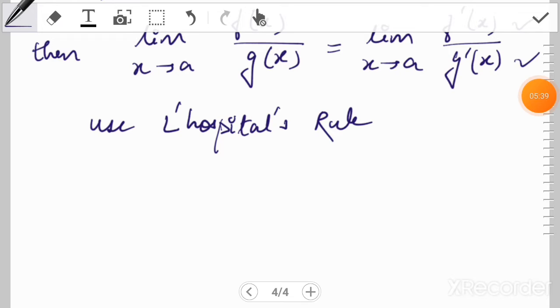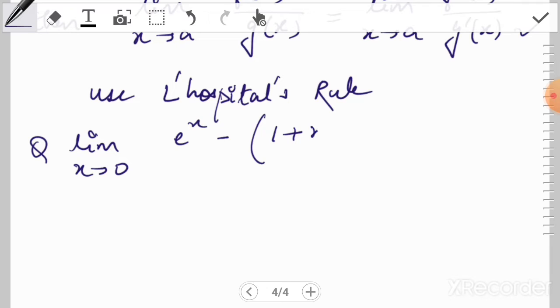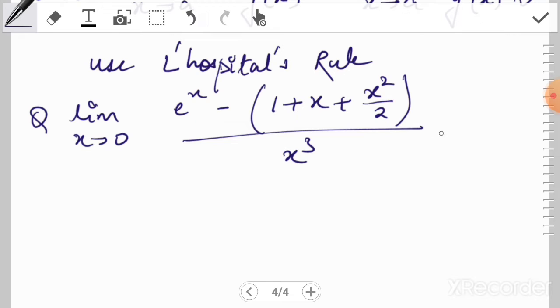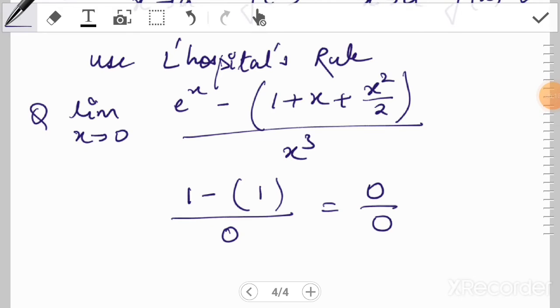So let us understand this with an example. Say we have to find the limit as x tends to 0 of (e to the power x minus (1 plus x plus x squared by 2)) divided by x cube. If you put x equal to 0, e to the power 0 is 1, and 1 plus 0 plus 0 is 1, so 1 minus 1 is 0 by 0. So this is in the form 0 by 0, so applying L'Hospital's rule,